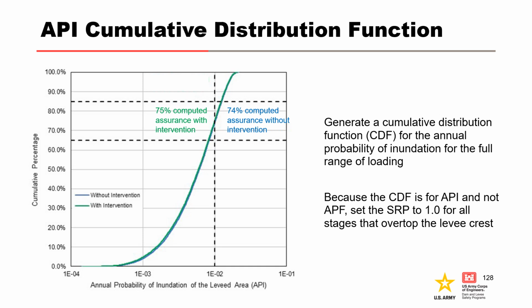The assurance we are going to report corresponds to the percentile at the 1% annual probability of inundation of the leveed area and informs the accreditation recommendation for NFIP. The assurance is our level of confidence or belief that the annual chance of flooding is less than 1%. In other words, we are reporting how confident we are that the leveed area is not in the 100-year floodplain.